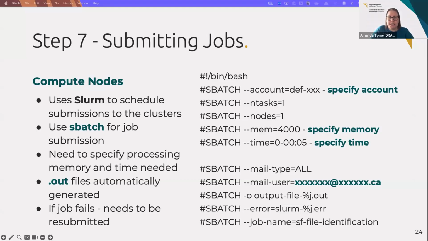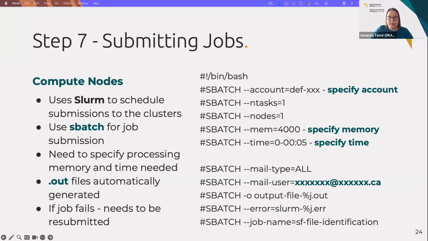The account will need to be changed depending on where the user chose to transfer the files. The memory needed and the time needed to execute the script will likely need to be changed. Changes can be completed using a text editor for Linux. The user may also specify a different error output file in addition to the output file that will contain the format identification results